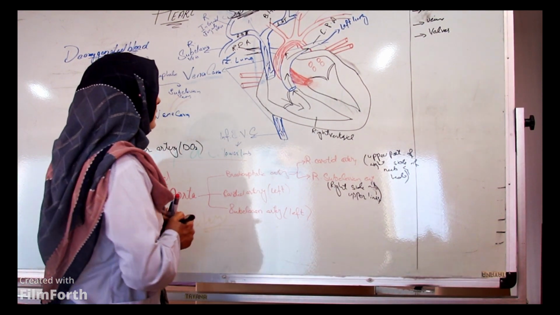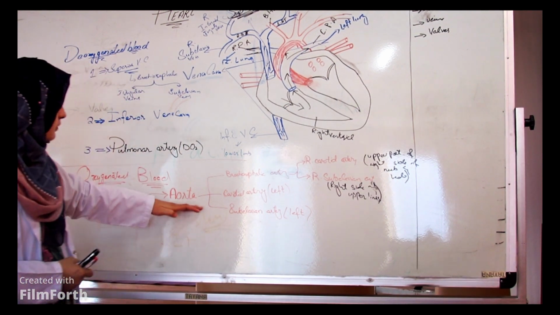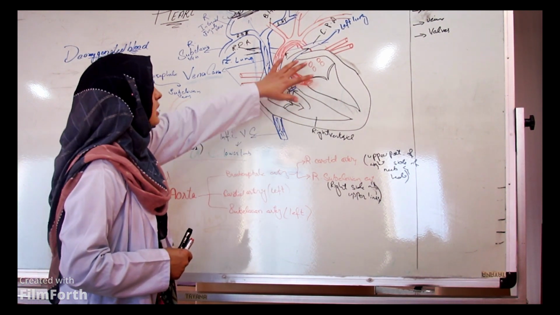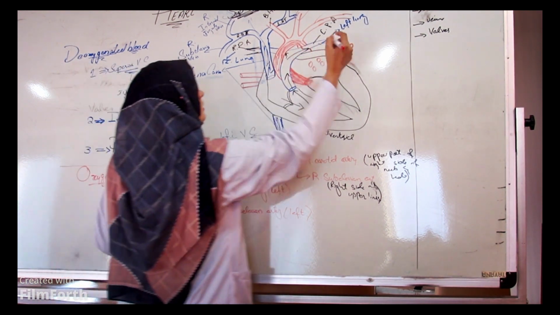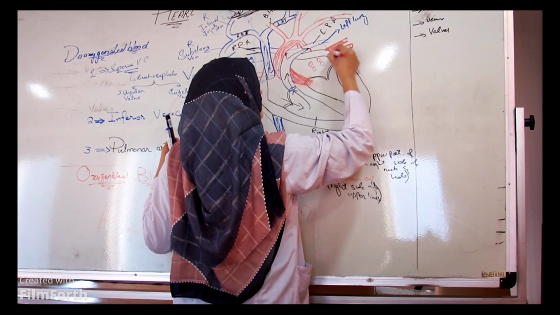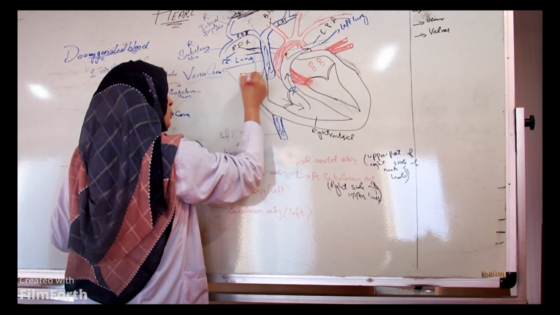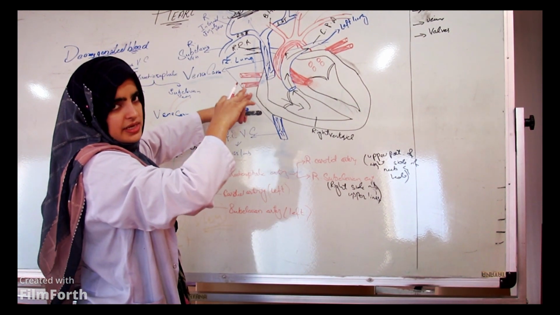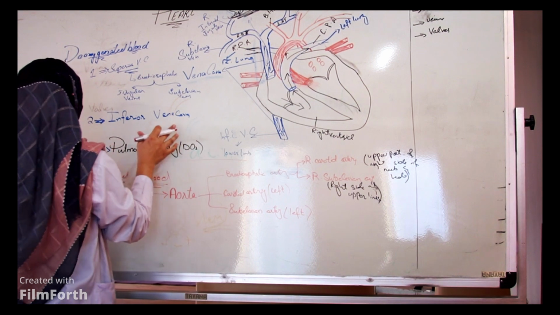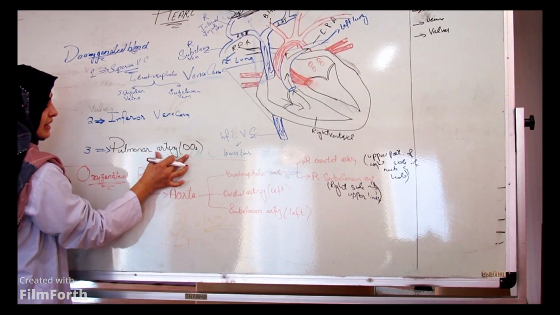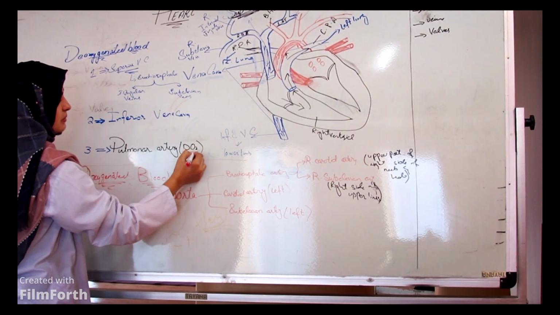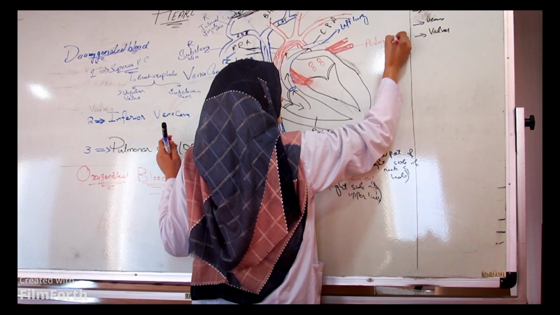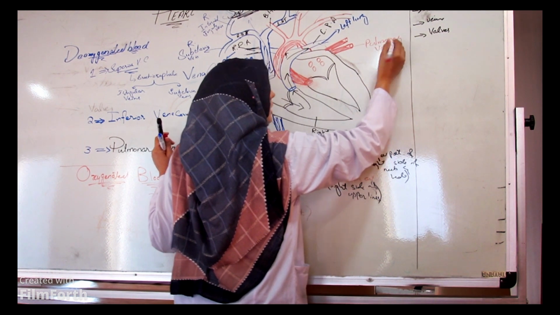So here we are done with the branches of the aorta and the other vessels that are carrying oxygenated blood to the heart. Here we have them. These are the pulmonary veins. We are calling them veins, but they are carrying oxygenated blood, similarly to how we talked about the pulmonary artery, which is an artery but carries deoxygenated blood. Here we have the pulmonary veins carrying oxygenated blood.